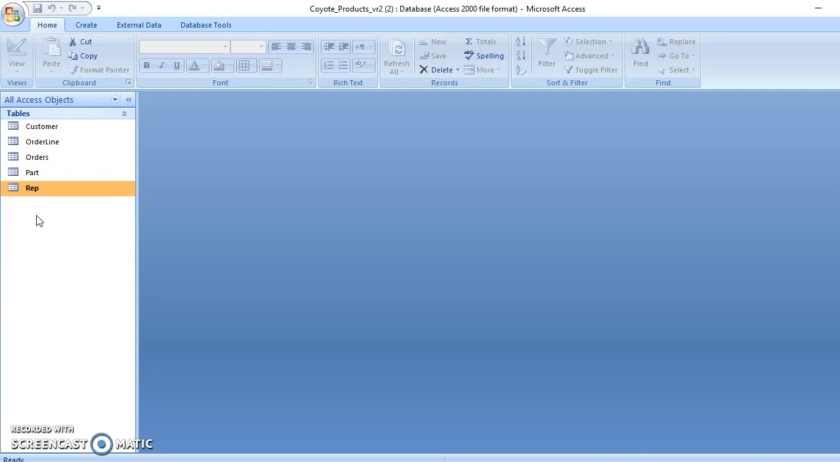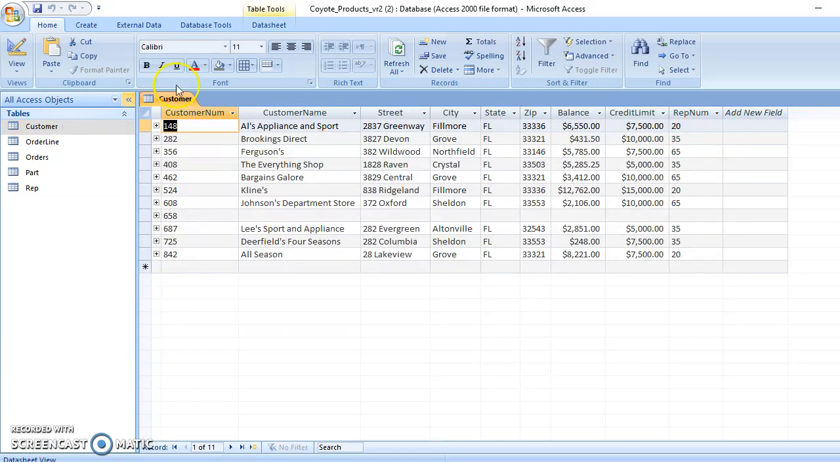I am a student at CSU San Bernardino, and today in this video I'll be going over referential integrity. I have already created tables and inserted data in the Coyote product database. As you can see here, I have created the customers table, which has the customer